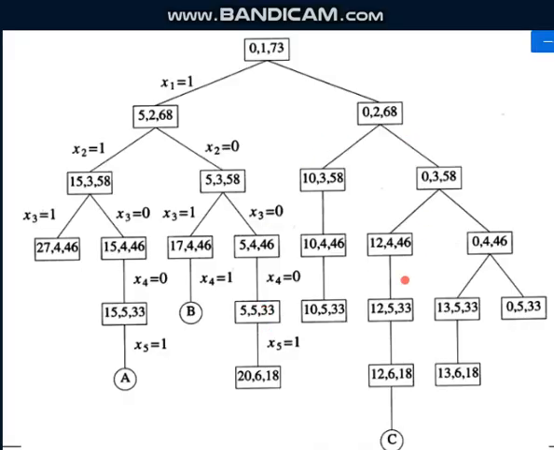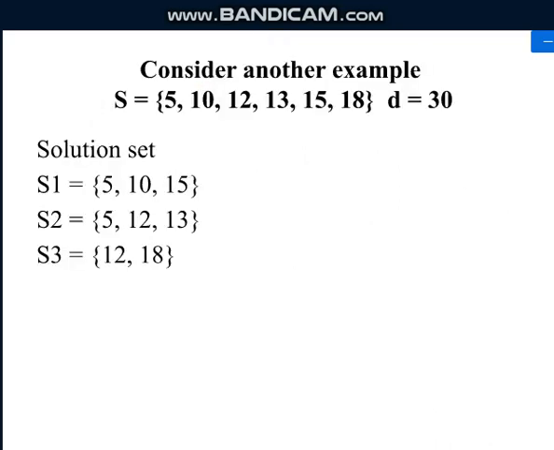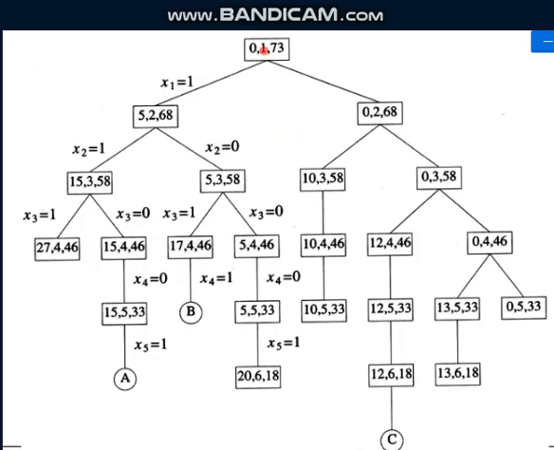So here the construction is done in a different way. I'll tell you what it is. See, look at this 73. 73 is nothing but the sum of all the elements in the set. So then what we have done is, you have included the first element. What is the first element? 5. Initially the sum is 0 and you are trying to include the first element.